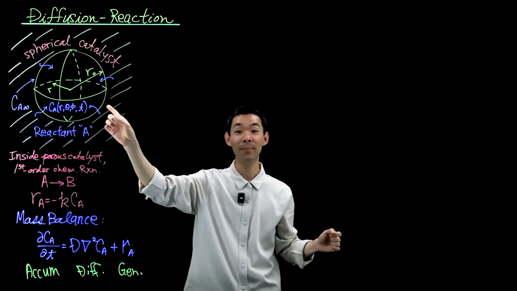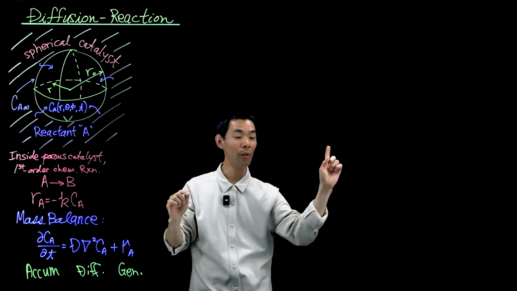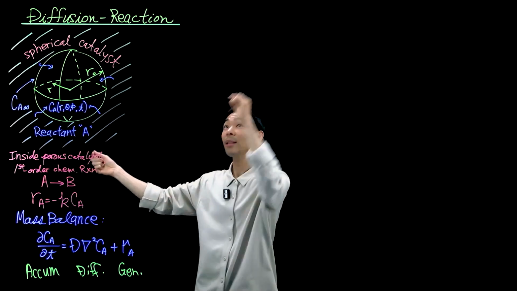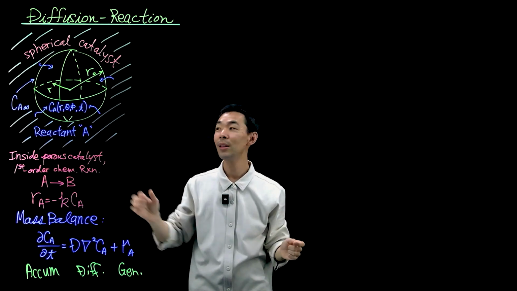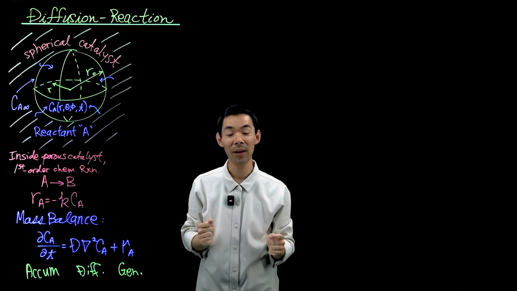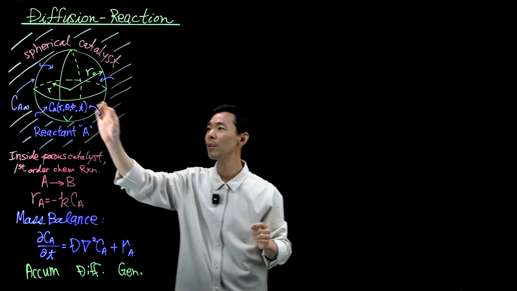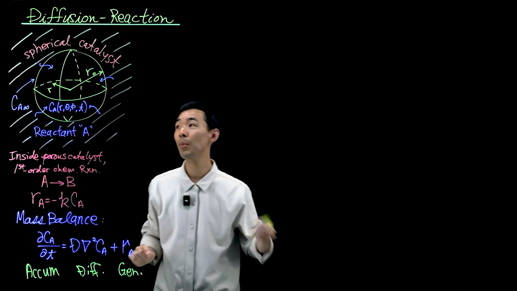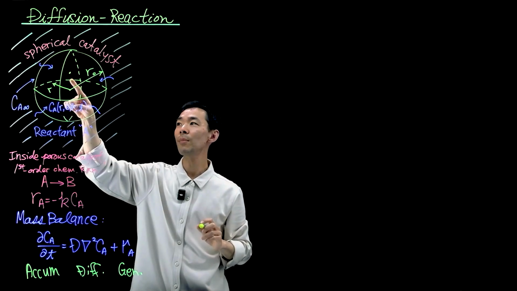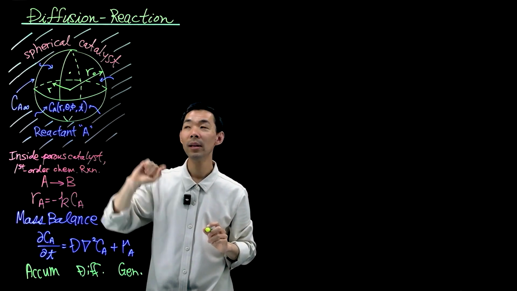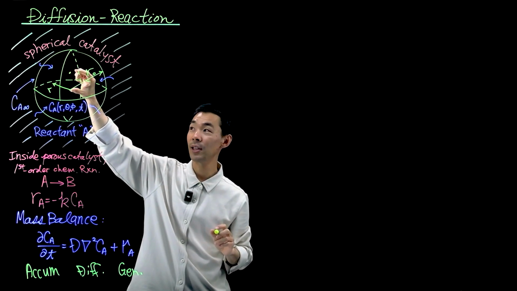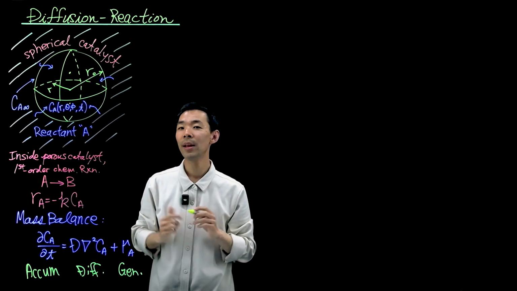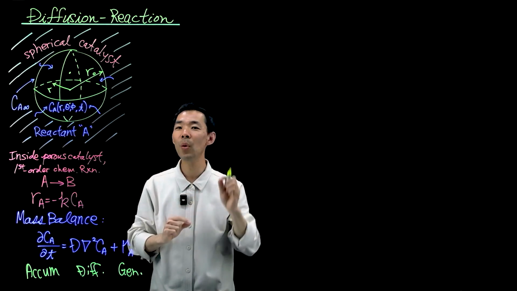So around the spherical catalyst, there is equal concentration, Ca infinity, all the way around this catalyst, over theta, also in phi. So North Pole, South Pole, along the equator, everywhere, no matter which direction you look, the concentration at the surface is all going to be equal to the bulk concentration Ca infinity. So then, if you were to go to a particular distance in r, say along the North Pole, at this point right here, if you were to measure the concentration at that point, and then keep the equal distance but go all the way to the South Pole, right around there, then you would expect those 2 points to have